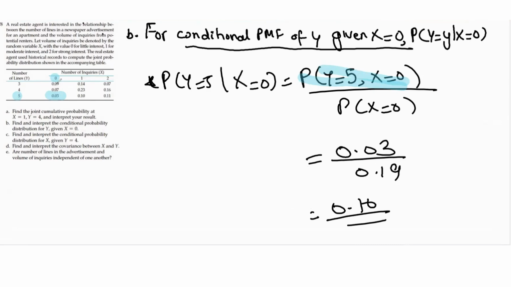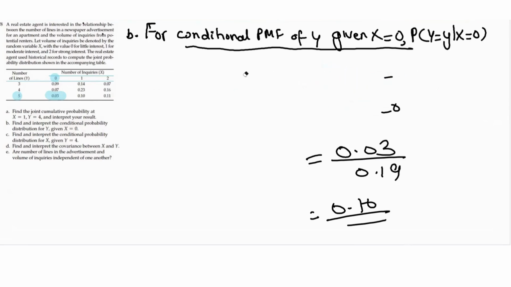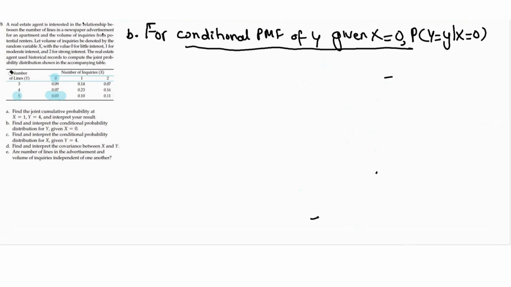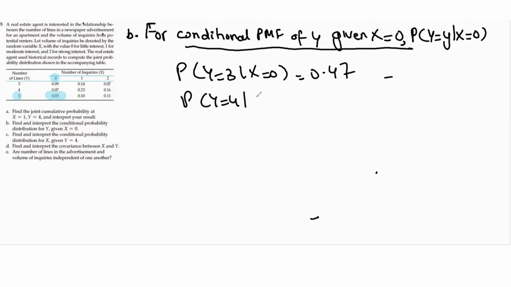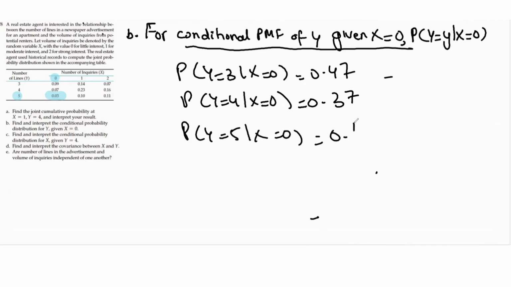In this way, we found the conditional PMF of y given x equal to 0. If I was interested in just the marginal, the individual PMF of y, then you would have just found the probability y is 3, 4, and 5. Why 3, 4, 5? Because these are the values y takes. But we were interested in the conditional PMF, so we essentially found the probability y is 3 given x is equal to 0, which turned out to be 0.47. We found the probability y is 4 given x is equal to 0, which turned out to be 0.37. And we found the probability y is 5 given x is equal to 0, which turned out to be 0.16,